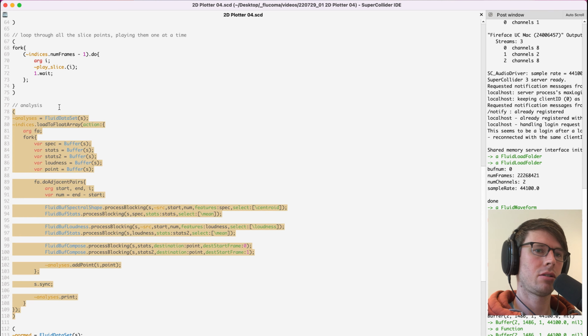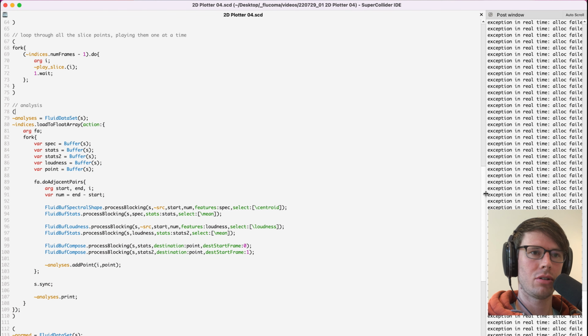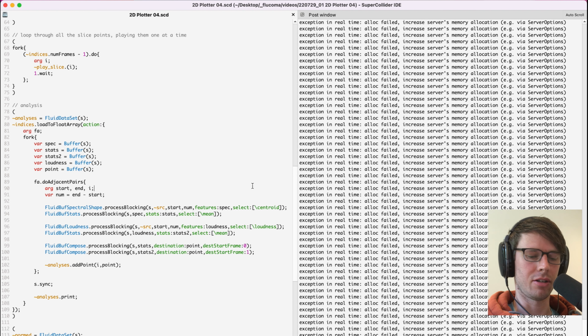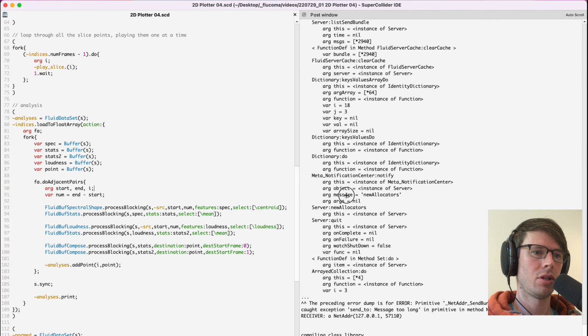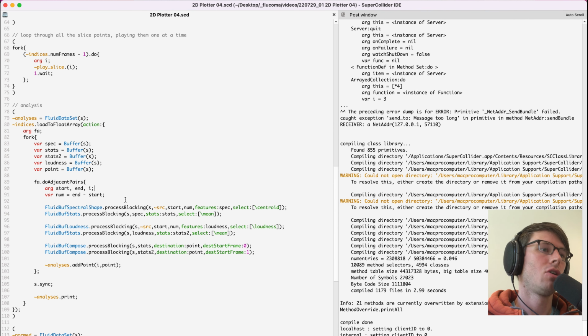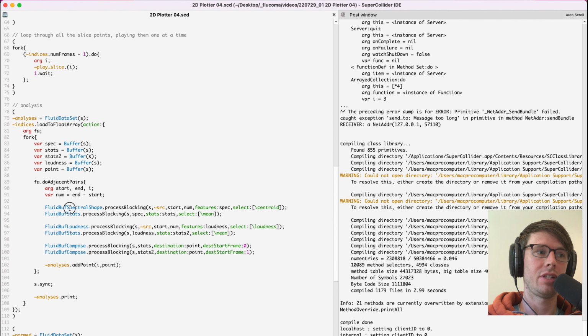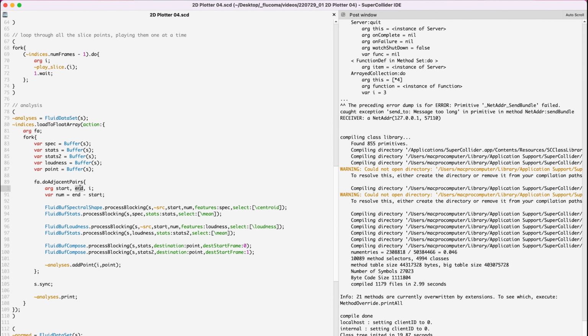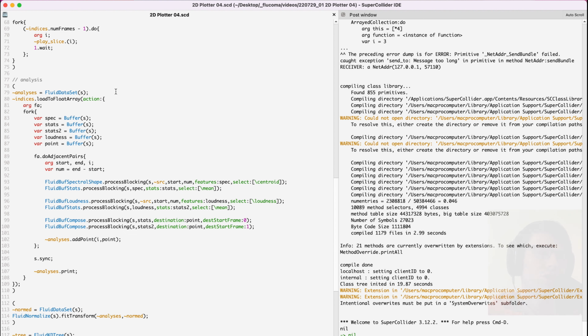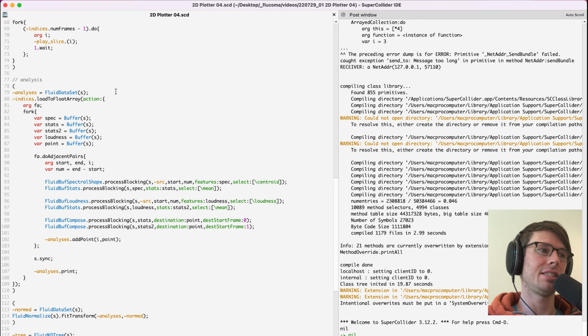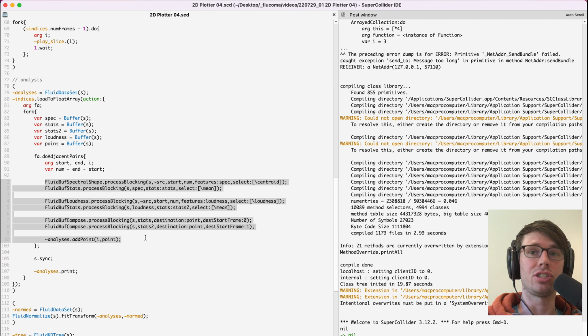So then if I run this, we will get this error. Here, I'll reboot the server. What is happening is that we're sending all of this to the server, and it's all getting stacked up on the OSC queue. And remember, all of these operations are being sent in order for each slice that gets passed into this loop as a start and end position. So it was 1,400 and something different slices, and then 7 operations per slice. So you get up into the many thousands of operations that we're trying to stack up in that OSC queue all at once. And so what we're going to do to manage that is we're going to put a sync